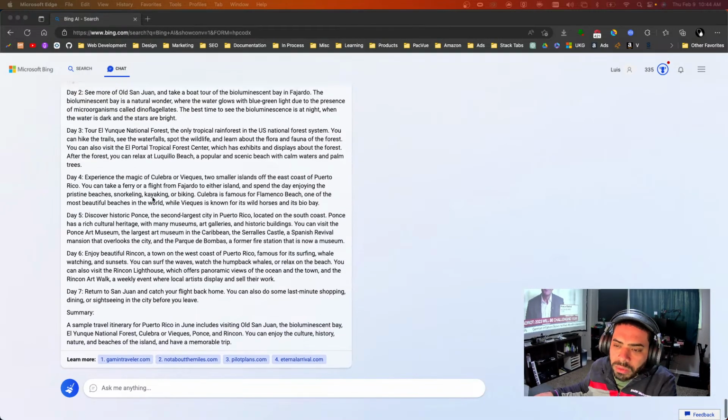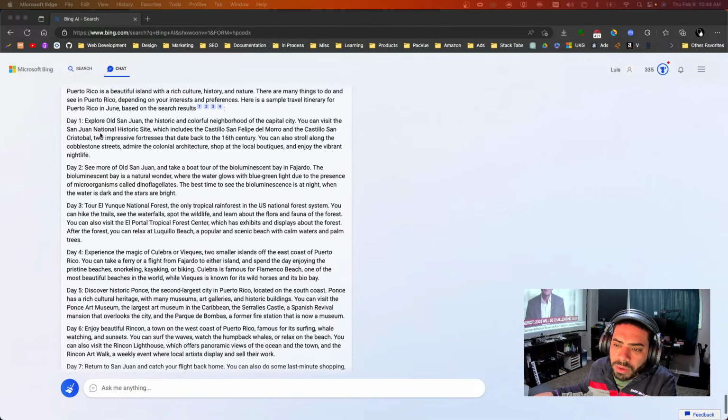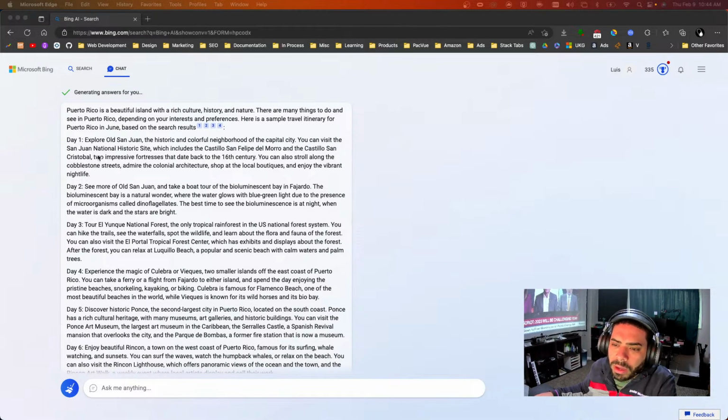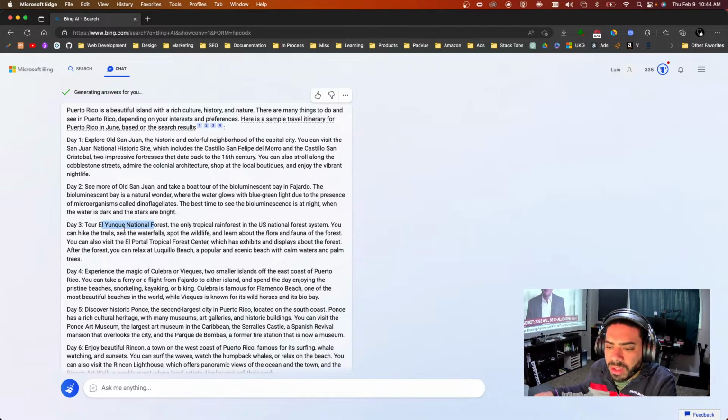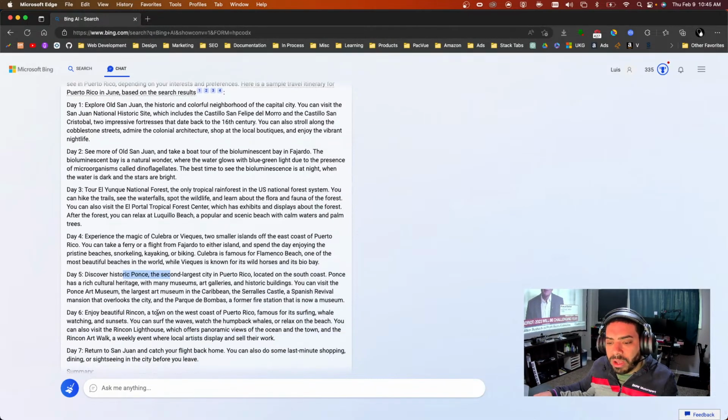That's pretty cool. So I live in Puerto Rico, and the actual itinerary makes sense because this is the center of the island, the main city, San Juan, and El Yunque is a little bit to the east, about 30-45 minutes from San Juan. If you keep going, you can go to Culebra and Vieques, which are islands on the east side. So it's not sending me from San Juan to Ponce. Ponce is on the south of the island, and then Rincon is on the west side of the island.